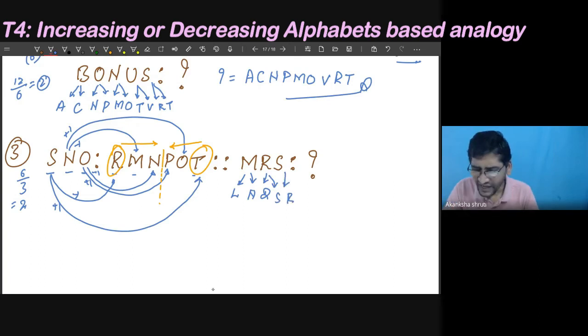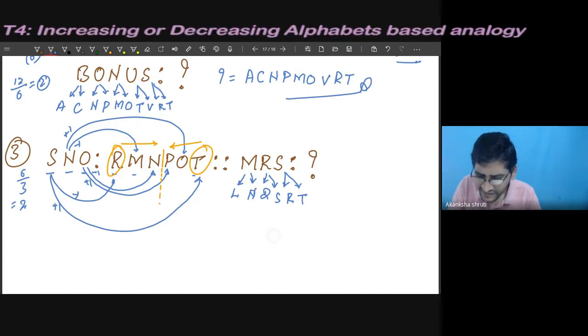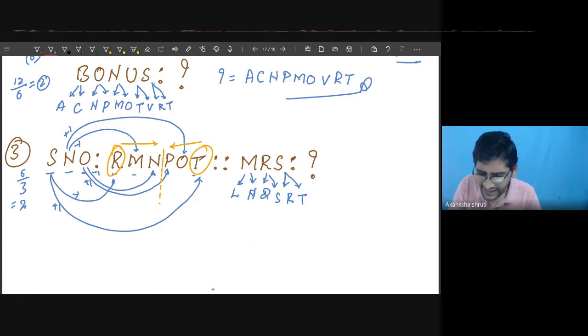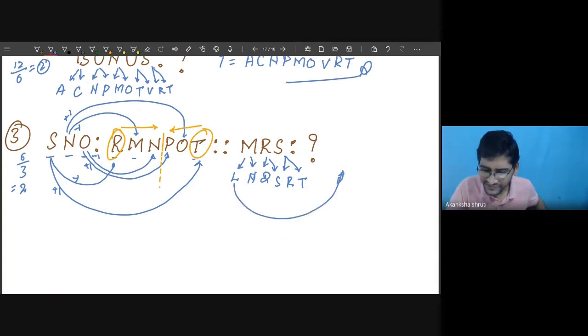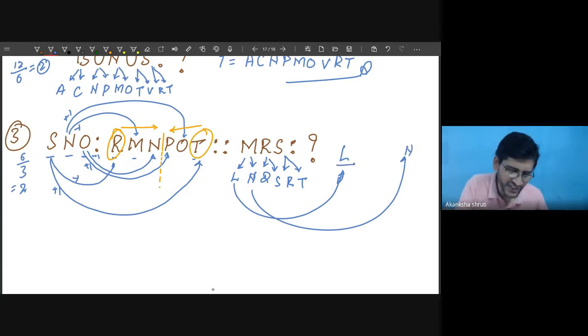then RST. So these are the things, but in option it is not given as LNQSRT. So what we need to do? We need to start with this one. I shall write like L, but this should be kept at end. N means I have to fill the 6 character.